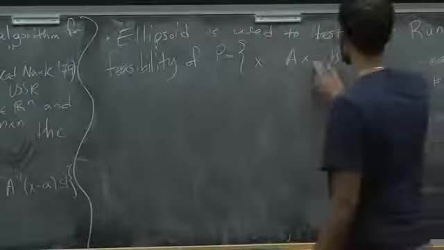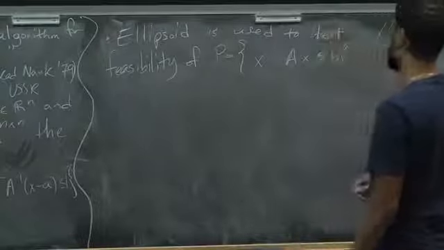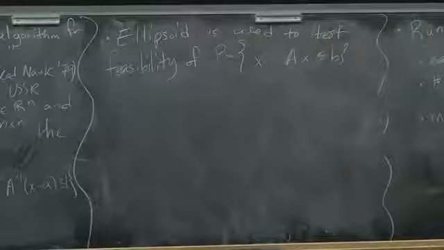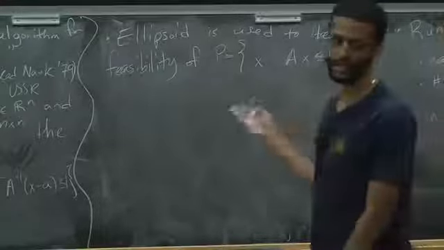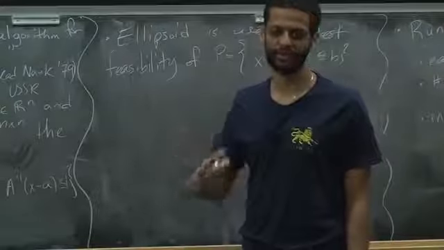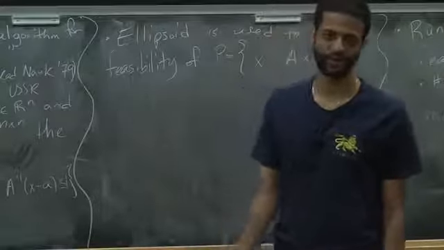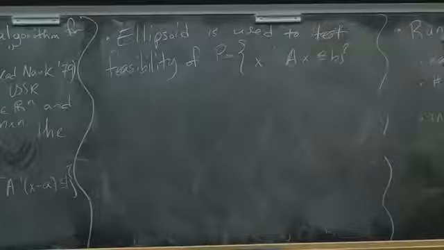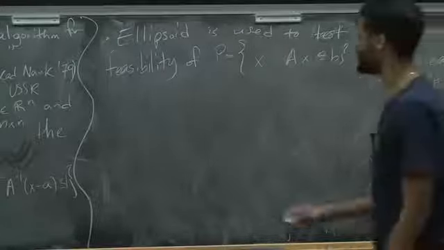Let me be consistent with my notes. I'll show you in a second. Once you can solve feasibility, it implies that you can do linear programming and optimize over this polytope. But ellipsoid just lets you do this. Okay? And the basic idea is